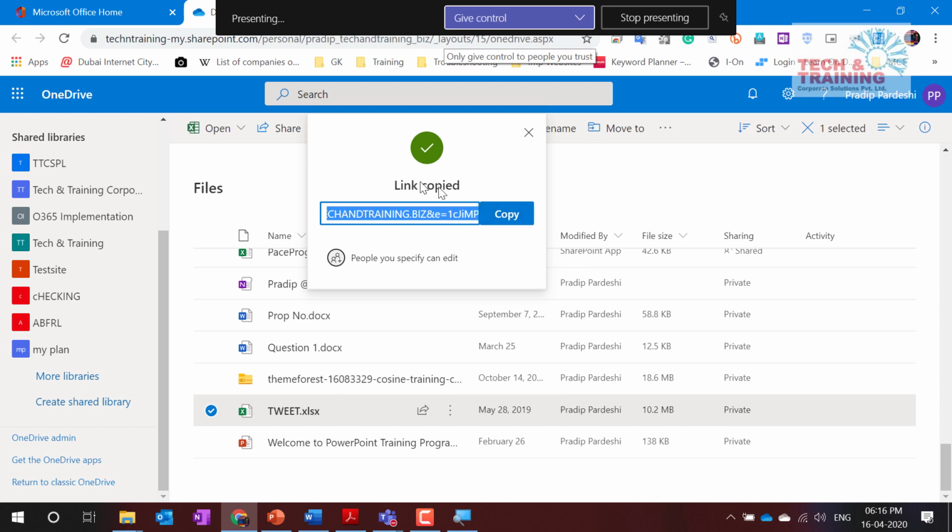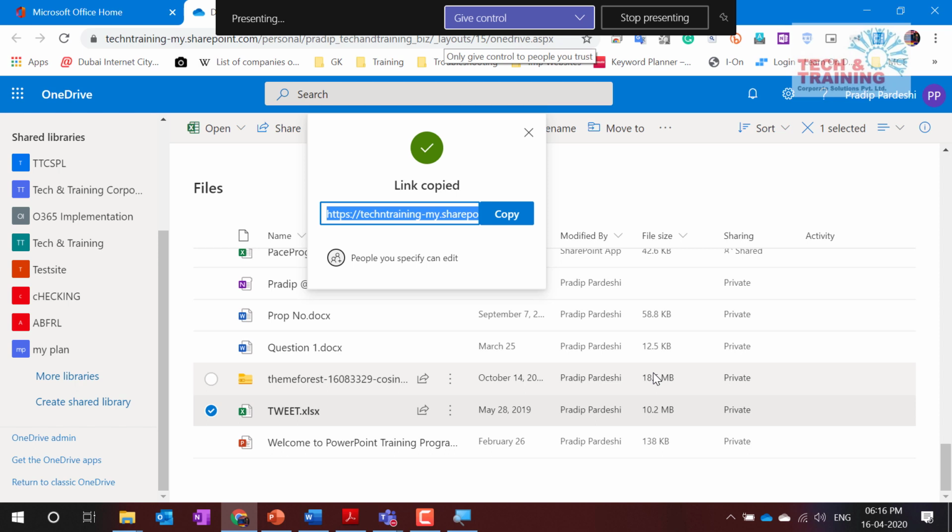If I'm copying it like this and putting it in an email, I will not get the notification. I can even paste it in Teams and share it with any person. But since access was specifically given to Prashant, even though Prashant shares this link with anyone else, those people will not have access to these files.